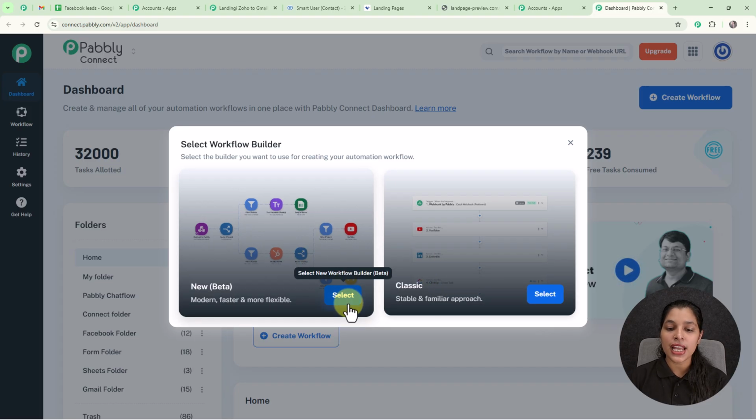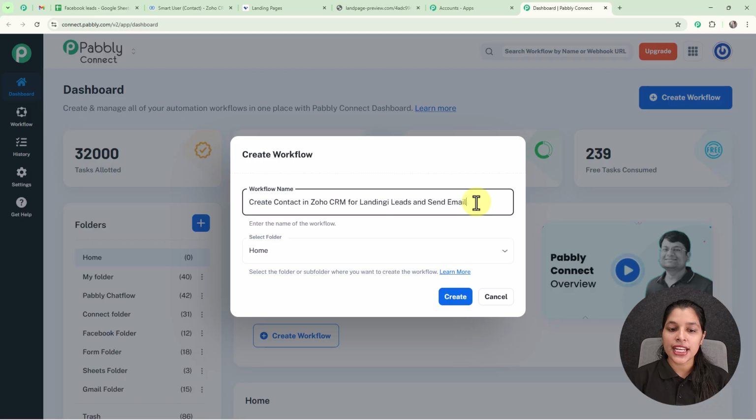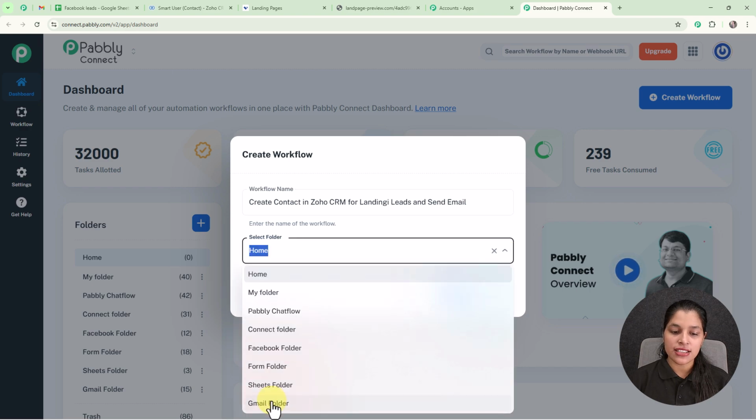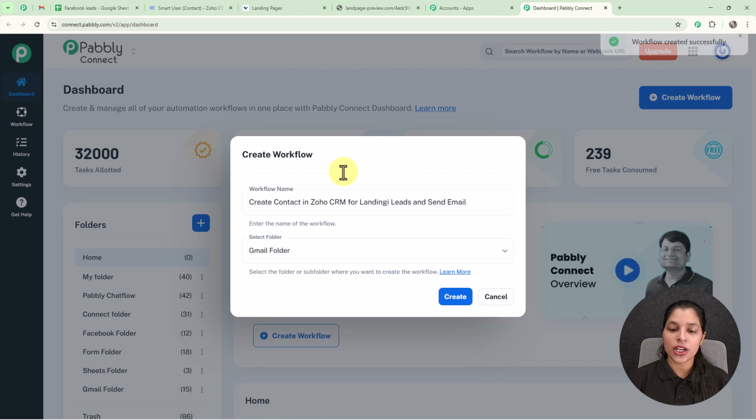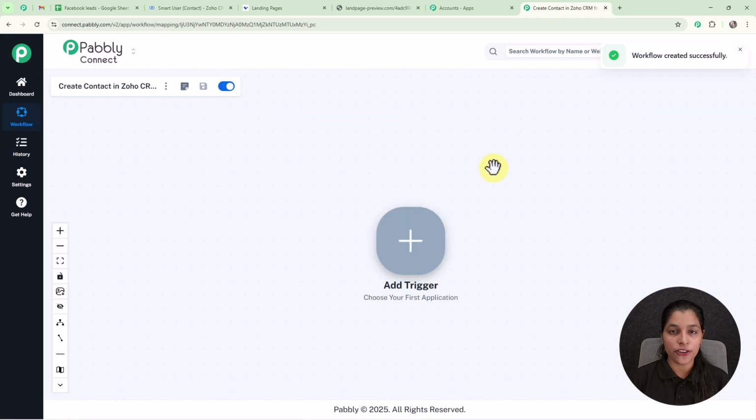For that you simply have to click over this select button, and here you will be getting the dialog box for providing the workflow name. Now I'm going to provide a name to my workflow. I'm providing it the name create contact in Zoho CRM for landing leads and send email, and afterwards I'm going to select my folder as Gmail folder. Now we simply have to click over this create button, and here you can see we are receiving this pop-up which says workflow created successfully, and we are landed on a workflow page where you can see the option of